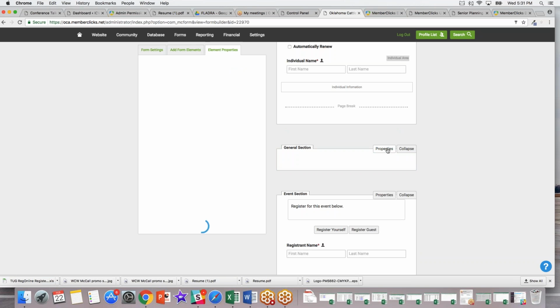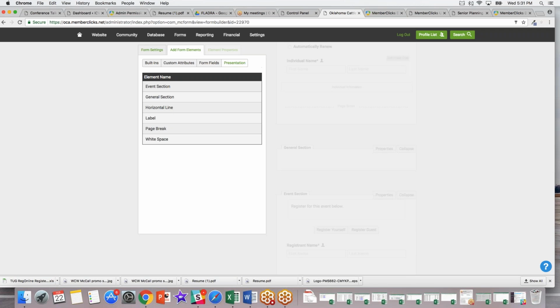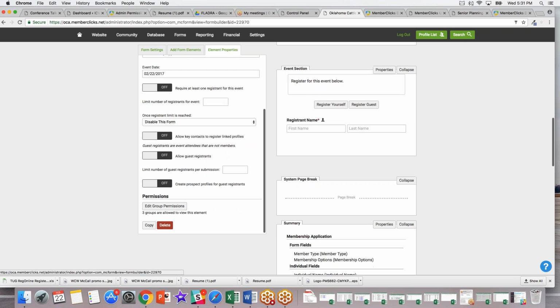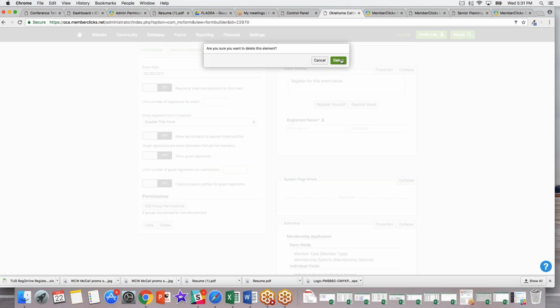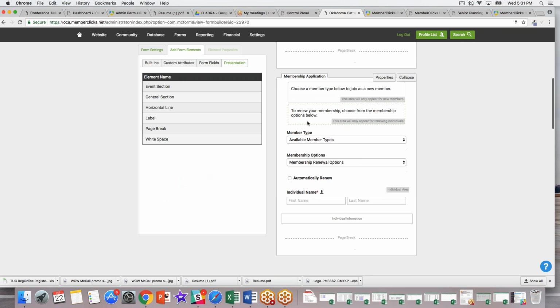And then if I wanted to delete these, I'm going to view the properties and delete. Element properties, delete. All right, so getting back into that membership. And then the rest of these kind of just have to do with how the application looks, how it presents